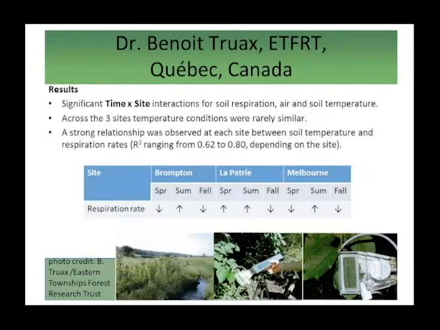It seemed to follow the same trend at the Brompton and La Patrie sites, with lower respiration rates in the spring and fall and a peak in the summer. However, respiration was much higher at Melbourne in late May compared to the other 2 sites, and not different from the respiration rate measured in late July. At Melbourne, air and soil temperatures were also higher during respiration